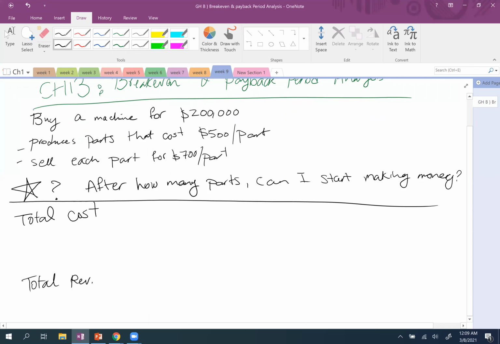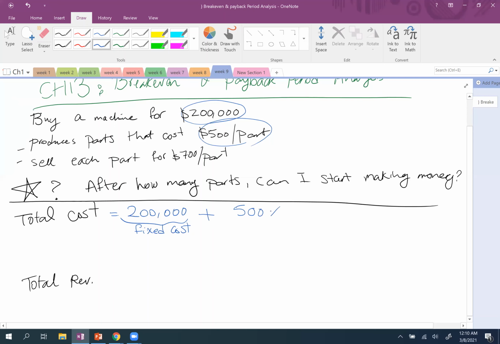So what is our total cost? When I look at this scenario, I have the cost of purchasing this machine as well as the cost of producing the parts. So I can say my total cost is $200,000, which is our fixed cost. When I say fixed cost, it means no matter how many parts I produce. If I produce one part, I have to pay $200,000. If I produce 5 parts, I still have to pay this $200,000. Plus